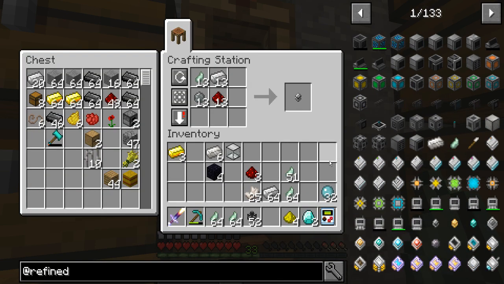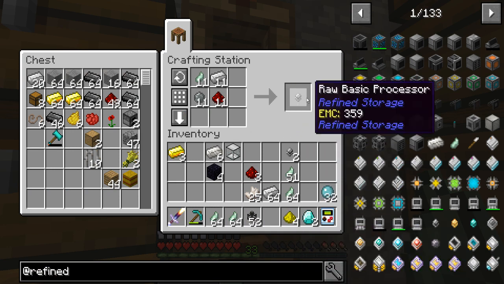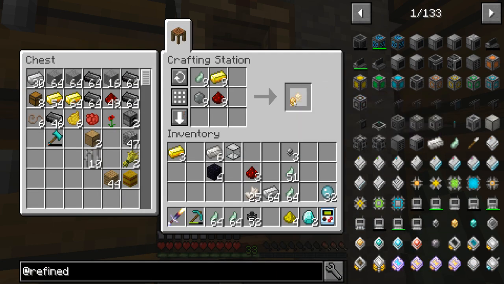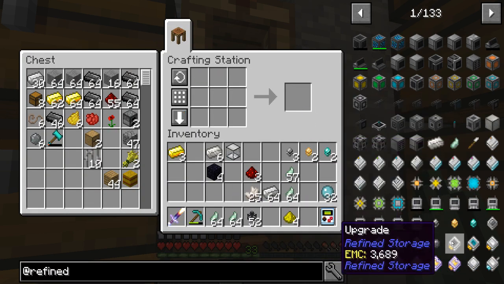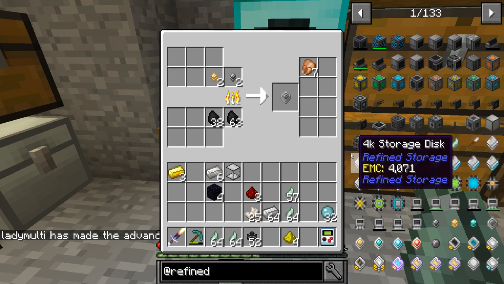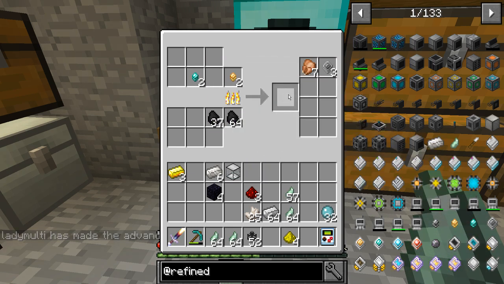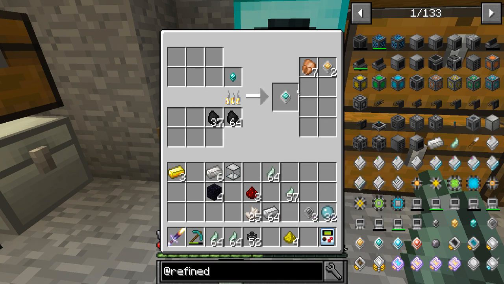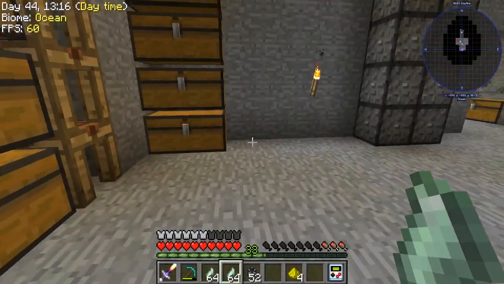We have plenty. So let's make a couple of these. And then we need a couple of the gold ones. And a couple of the diamond ones. And we need to cook them all. I was like, where's my gold ones gone? We'll want to have a place for this processor binding, for sure. Alright, so now